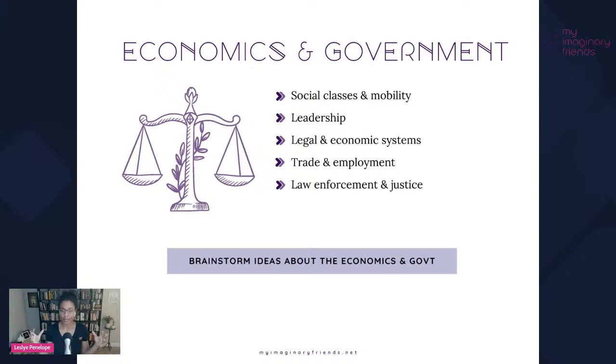On a macro level, government, is there a king, a president? Are they a tyrant? Economic systems, who has money? How do you get jobs? What is the law enforcement? A lot of times I won't even think about this until I'm deep in the story and writing and realize, what happens if they break the law? Where are the prisons? How does this work? What are they called? What are the police called, or the military or whatever? So that's something that I'll have to think about in this alternate version of the world.